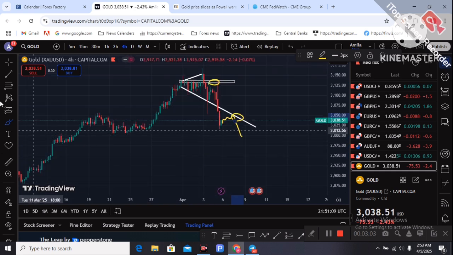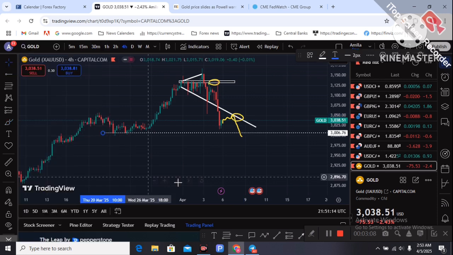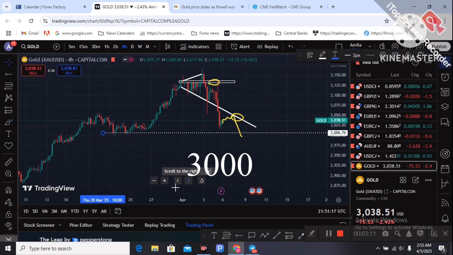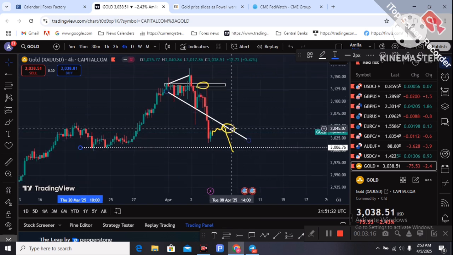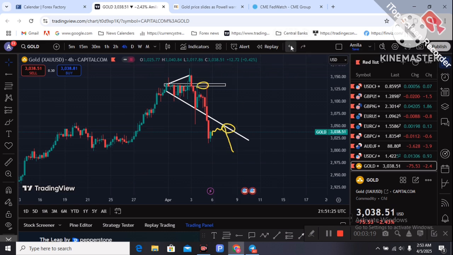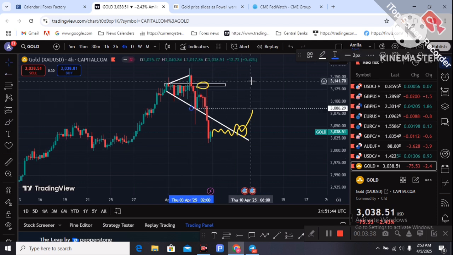That's the trend line rejection area, and the support area below, 3000, is the big support area. So sell gold next week, that's what the technical setup indicates. The other scenario is the price does not drop from this trend line and breaks out to the upside and retests. That is your buy opportunity in the 3050 area. The target is 3080 on the upside next week. These are the two scenarios with the technical setup on our chart.